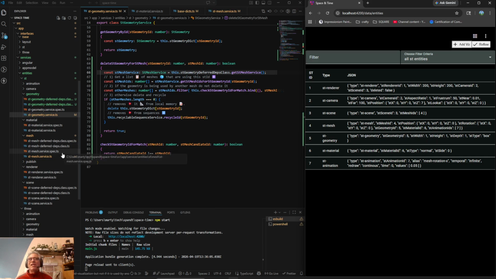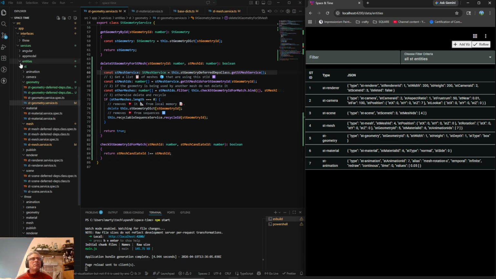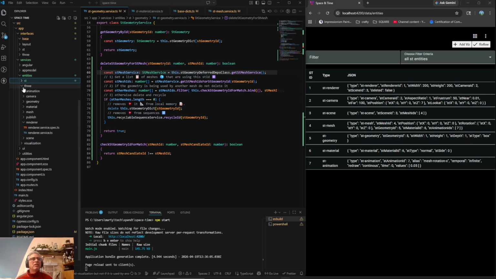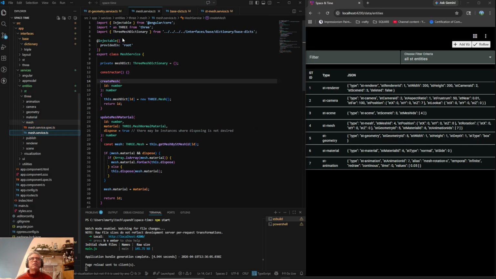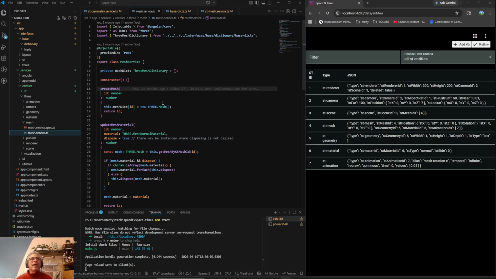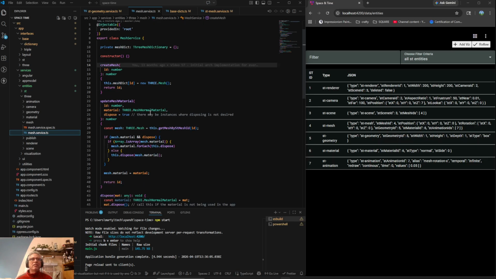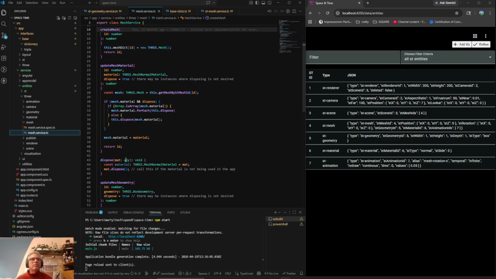I started to realize a couple days ago, and now it's starting to become very, very obvious to me that I have the same problem over here. Right. So if I go to my ThreeJS mesh service, I have an array of three mesh dictionaries. And so we do have this dispose,